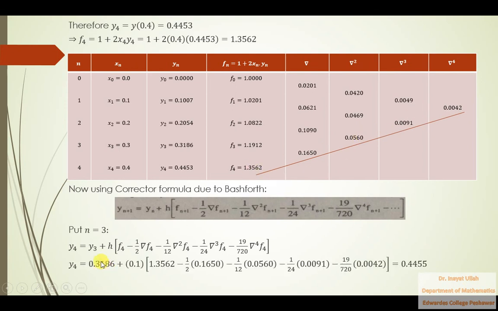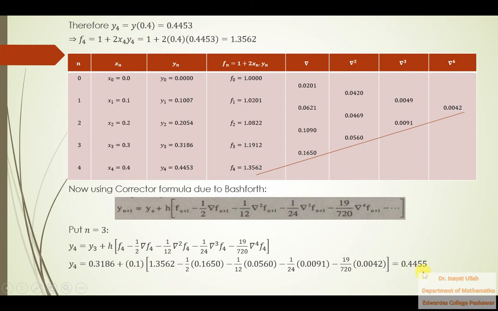So replacing y3 by its own value, which is 0.3186, replacing h by 0.1, replacing f4 by 1.3562, nabla f4 by 0.1650, nabla square f4 by 0.0560, nabla cube f4 by 0.0091, and nabla 4 f4 by 0.0042. Now calculate this sum, we'll get y4 is equal to